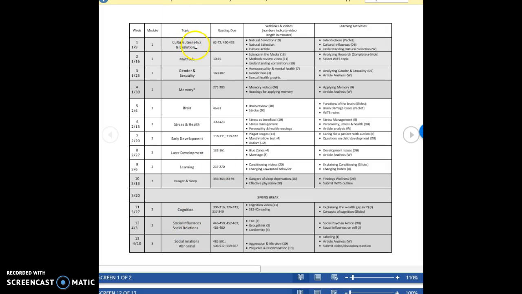Each week, you can see I've listed the topic. This is the textbook reading you're responsible for. It's usually between 15 and 30 pages. And then you are also going to be receiving various online resources. Some of them will be videos, and for videos you can see I've indicated the amount of time that each video takes, and then others are going to be web resources that you can use. And you'll be using these resources to guide your performance on the various online learning activities.